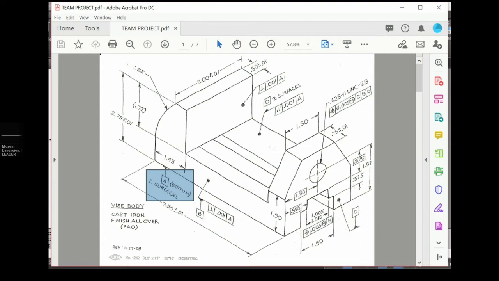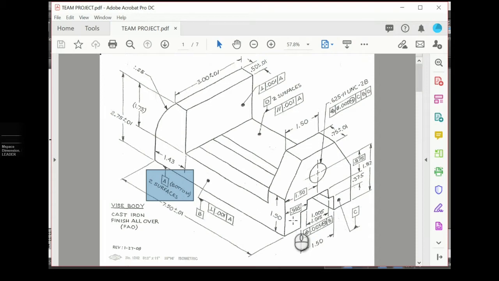Okay. Now, the datum feature symbol can be placed on the actual edge or an extension of the edge as long as it does not line up with an arrow for an existing dimension.